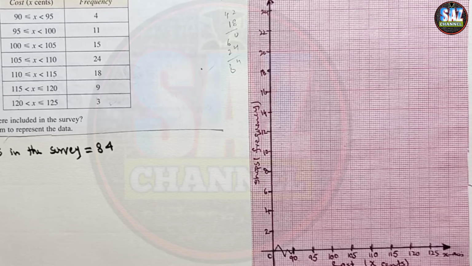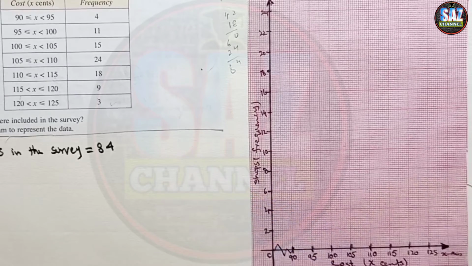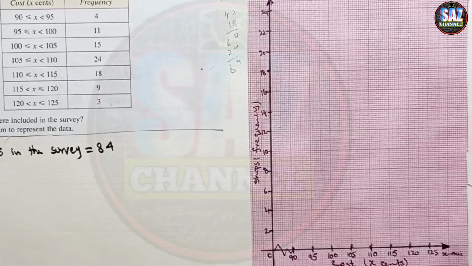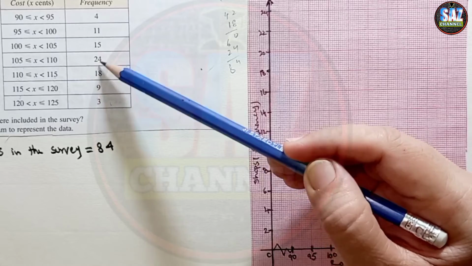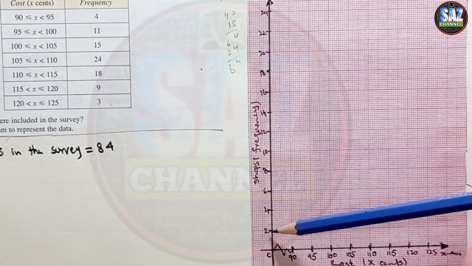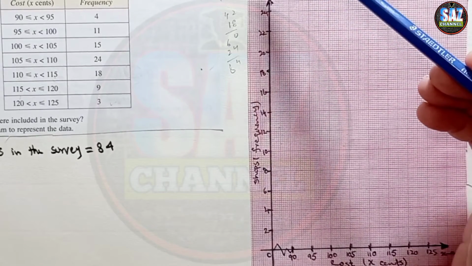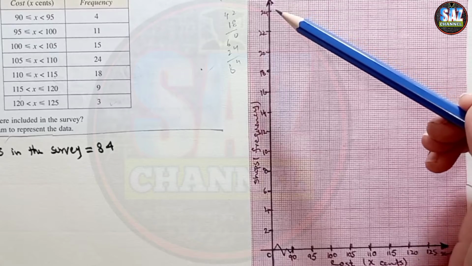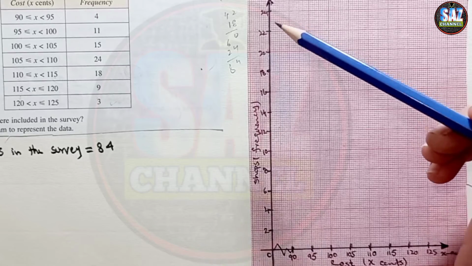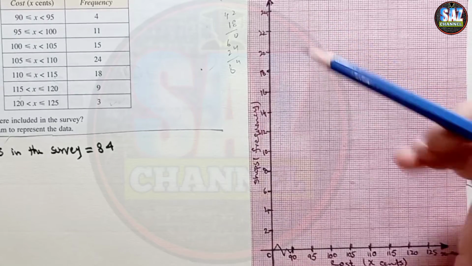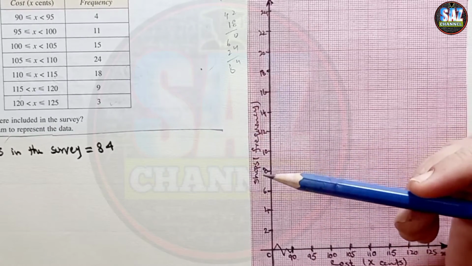So let's move to the construction of the histogram, and then we have to see how to adjust the scale for the x-axis and y-axis as well. If we look at the y-axis, we can see the highest frequency here is 24. If I'm taking 1 centimeter equals 1 unit for the y-axis, then I need at least 24 blocks on the y-axis, and in that way my histogram will not be symmetrical. So it is really important to have a symmetrical diagram as well. So what we have to do is that we can make the scale large or small.